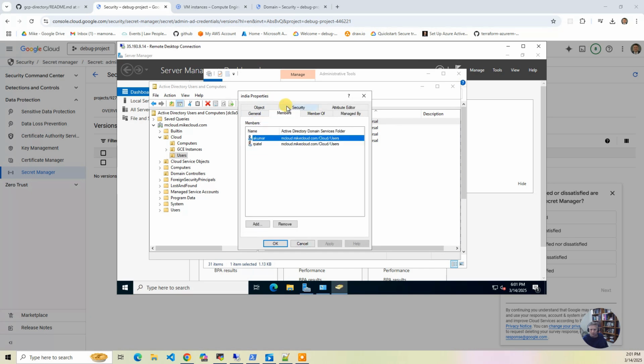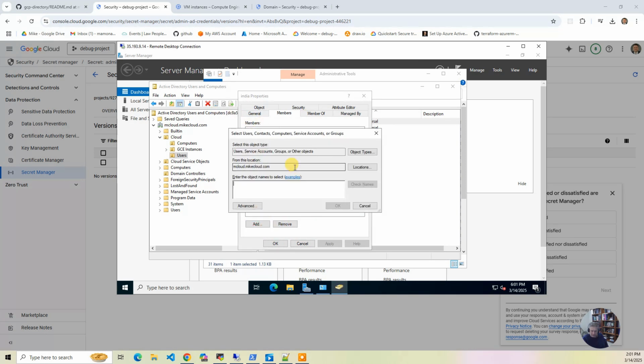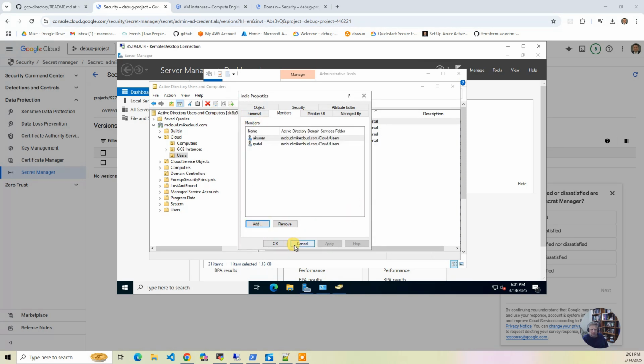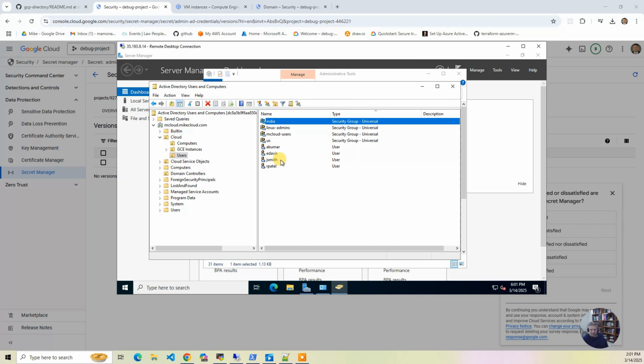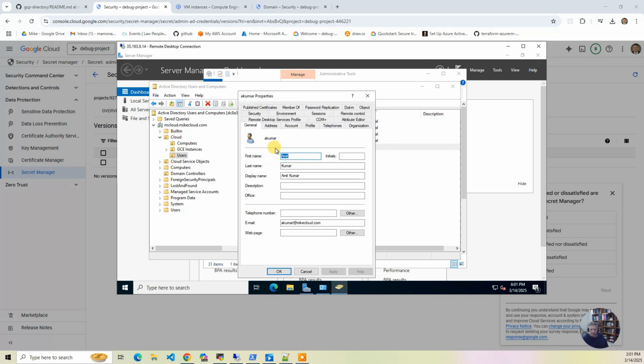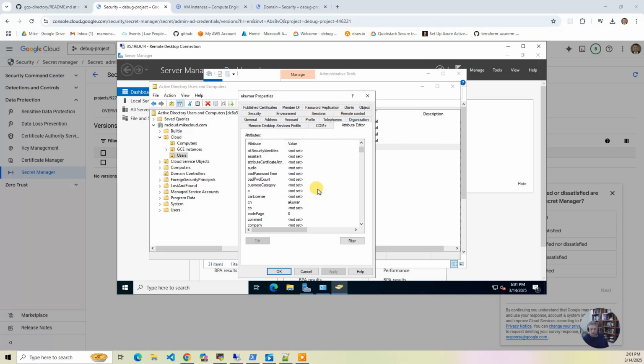Of course, the members, you've got, I chose some, I guess this is India, some generic Indian names, and I could go in and I could add and remove items. So this is my identity provider for my Linux server. So let's close that and let's bring up a Kumar. And again, if you go to the attribute editor, you will see GID number is